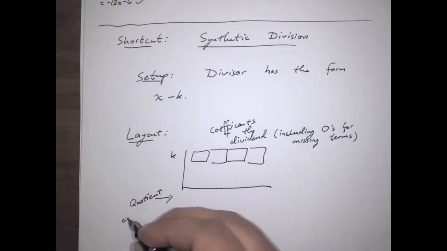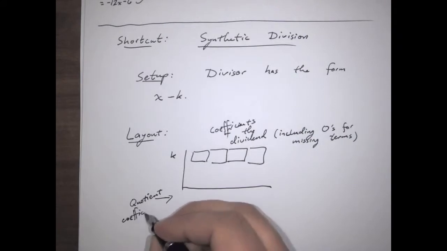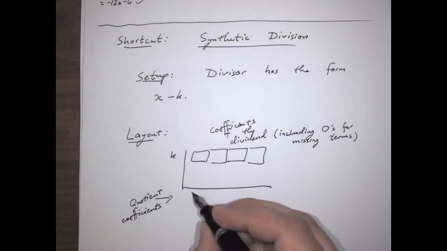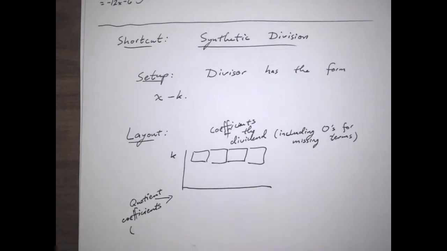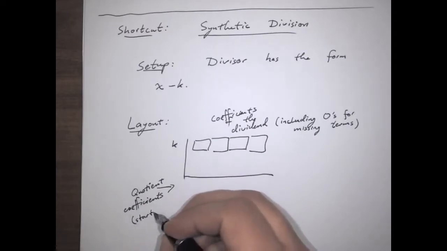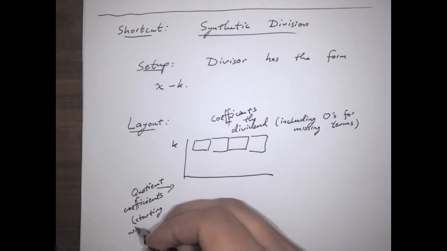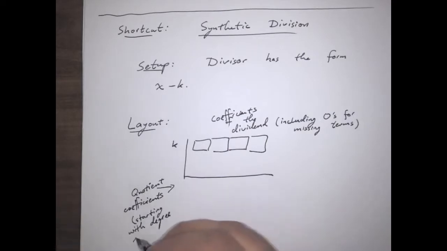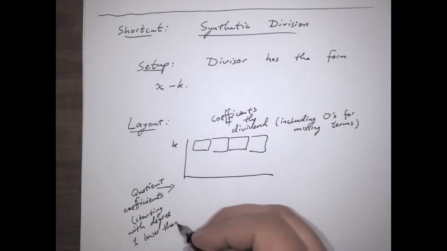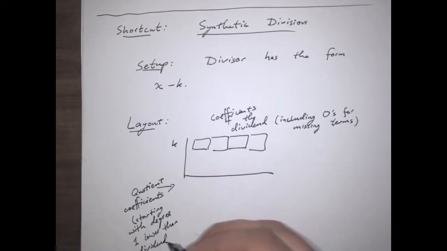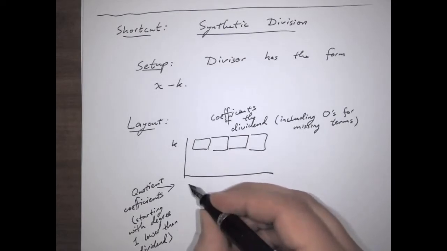So the quotient coefficients will emerge down here, and they start at degree 1 lower than the dividend. So those go here,